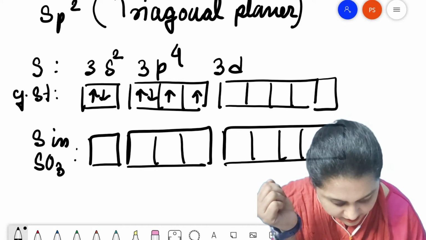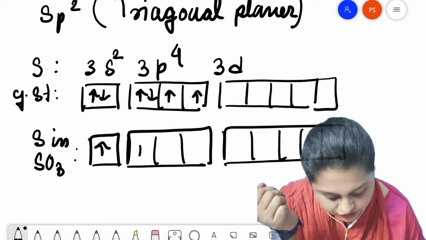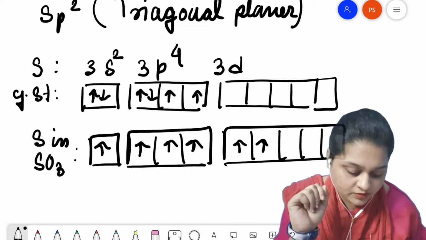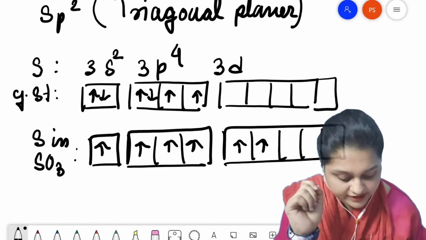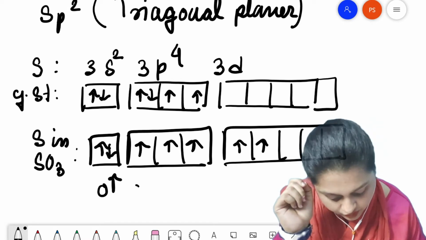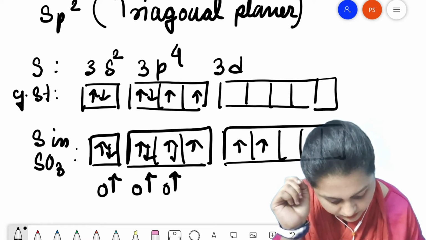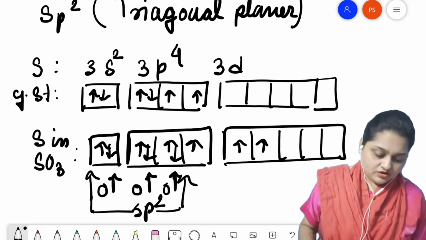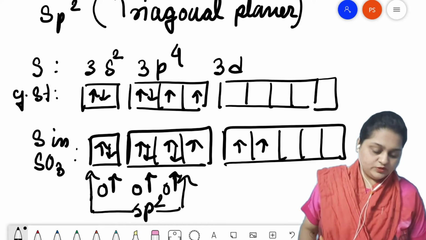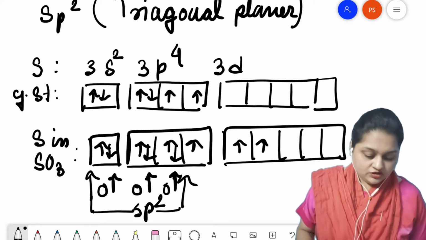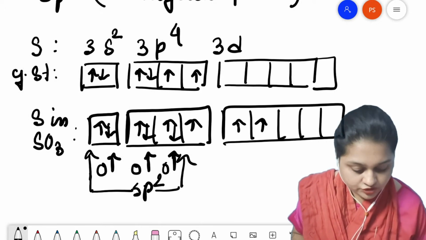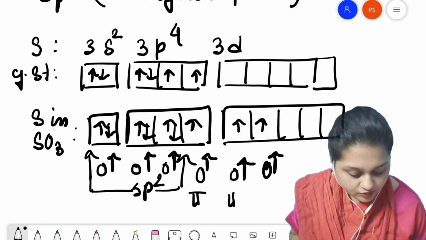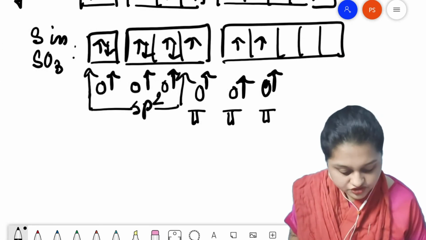Hence, it will unpair all of its paired electrons also, moving 2 electrons, one from the 3s orbital, one from the p orbital, to the vacant 3d orbital, and thus will form sp2 hybridized orbitals. Now, the bonds that it has formed with the 3 oxygen atoms are via sharing and form the 3 sigma bonds, and the remaining 3 electrons will be used up for the preparation of the pi bond, and thus the structure will look like this.